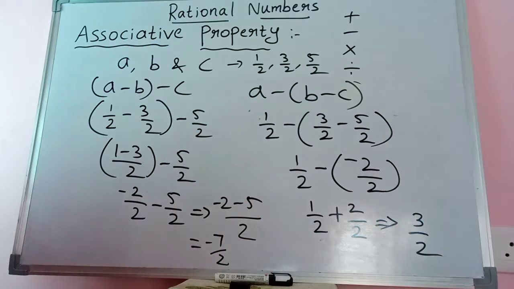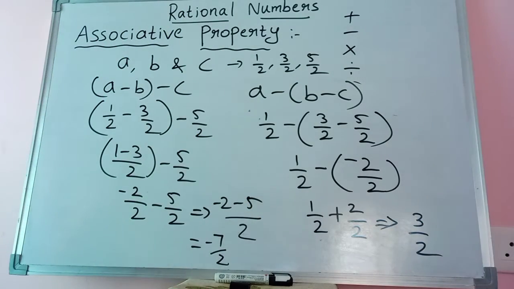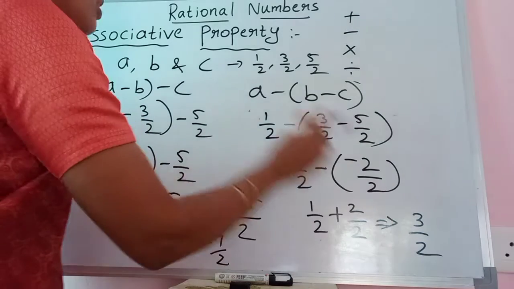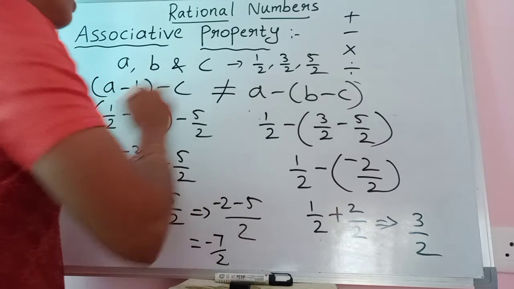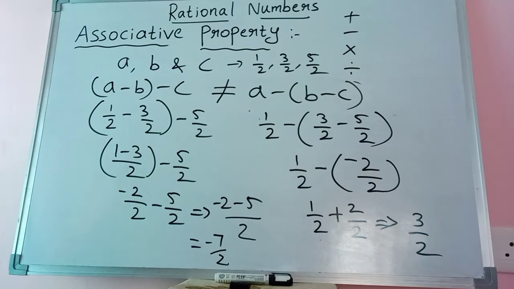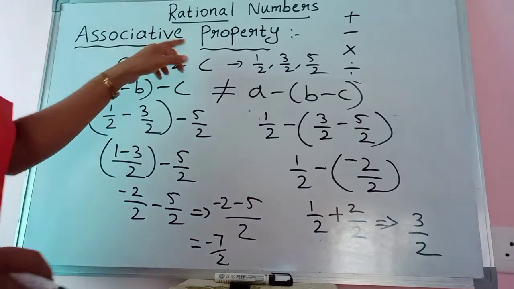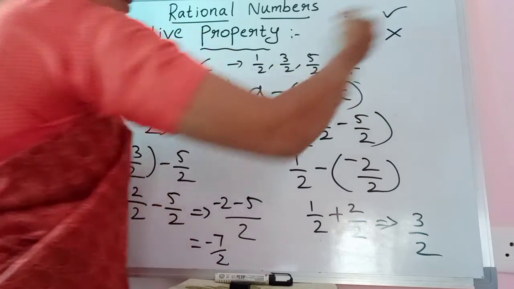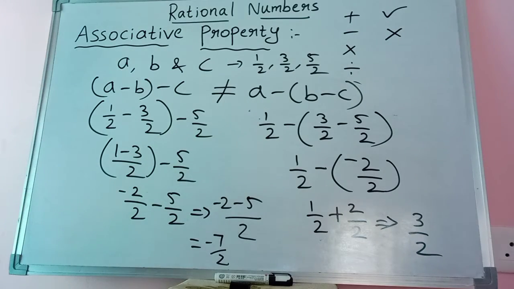Okay, the left hand side and right hand side are different numbers. The left hand side we came to know is minus 7/2, and the right hand side is 3/2. Both are not equal. LHS and RHS are not the same. Therefore, we say that rational numbers do not have the associative property under subtraction. The associative property is there under addition, but it is not there under subtraction. Now, let's see